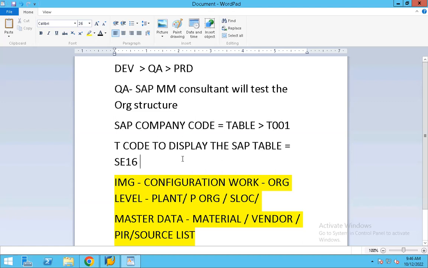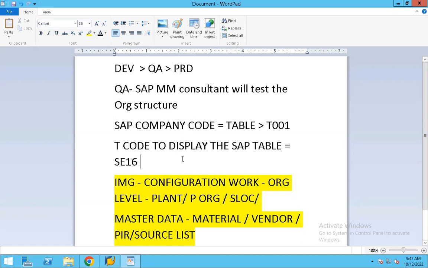Sir, can you conclude the lecture in short? What we have done today? Okay. So the recap is that today we have learned what exactly the organization level in SAP MM is. It deals with number 1, client; number 2, company code; number 3, plant; number 4, purchase organization; and number 5, storage locations.